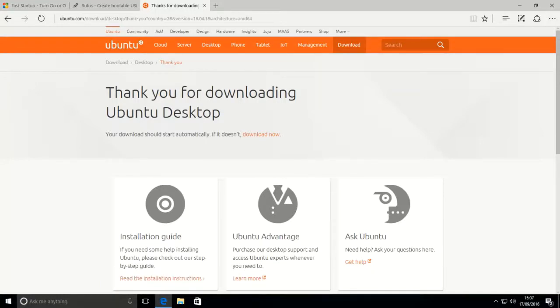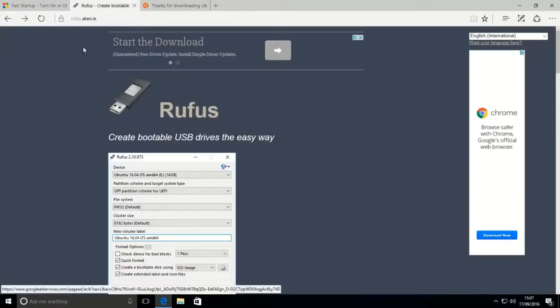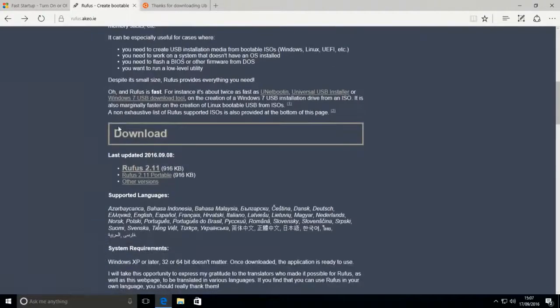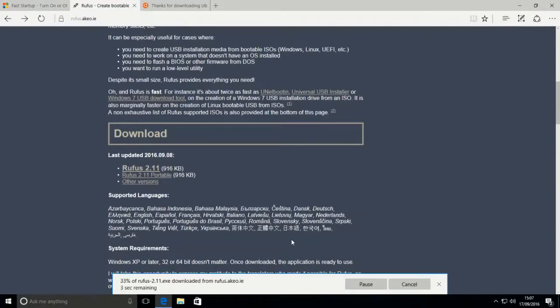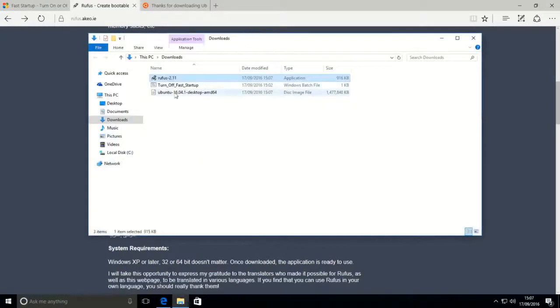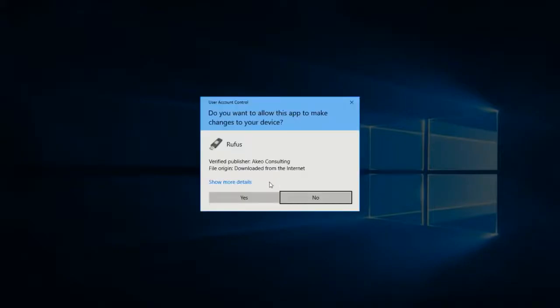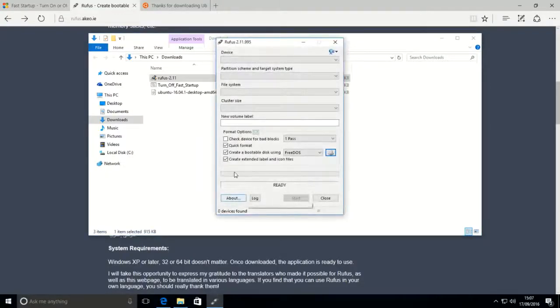Alright, so after Ubuntu is finished downloading, you want to head over to this site, which will be linked in the description as well, Rufus, and this will allow you to create a bootable USB drive so you can actually boot into Ubuntu on your computer. Simply scroll down to the download section, download the latest version. For me it's 2.11. Press save, and open up the folder where it's at, open it up, hit yes, and